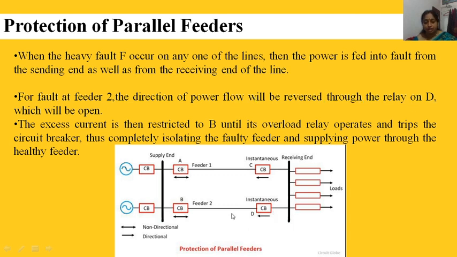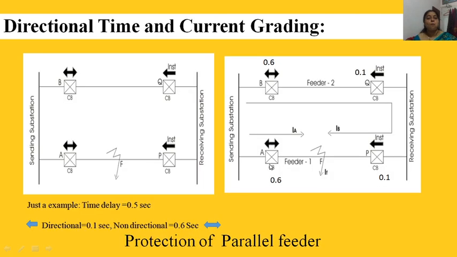Look here, when there is a fault at this side, fault at feeder 2, the normal direction is this. In case of fault, the direction is like this, which is in the tripping direction of the relay. So that's why the relay trips. Here it is reverse, so this relay C will not trip, and A is a time delayed relay, so definitely it will not trip. So this feeder will get protected, or this will remain healthy.